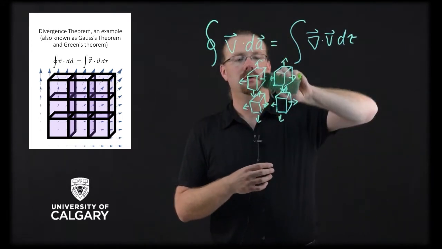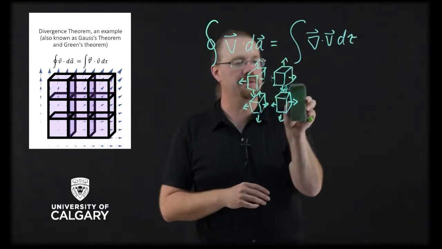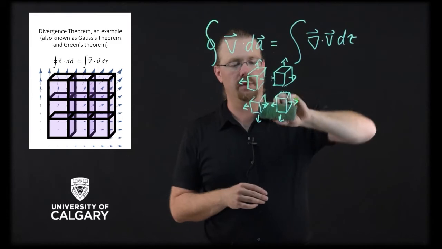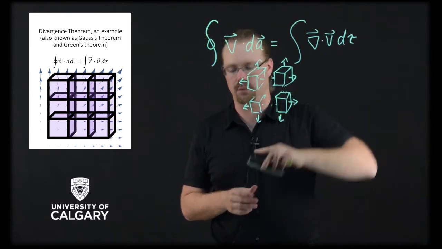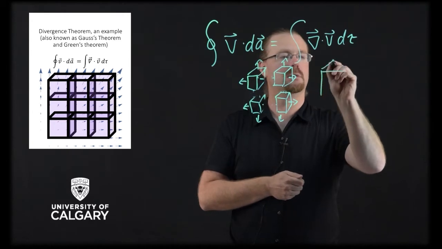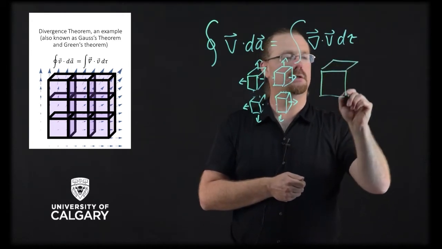So, kapow! They go away, and this pair goes away. And kapow! This one goes away, and kapow! This pair goes away. And all of this winds up just being equal to whatever we had